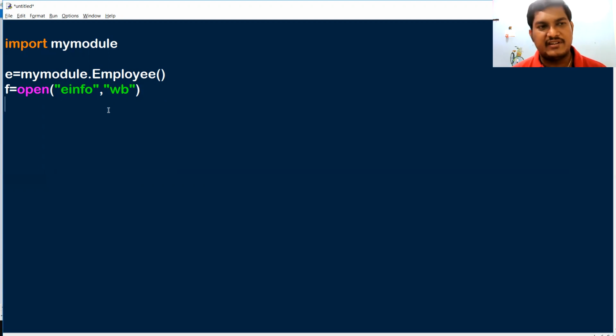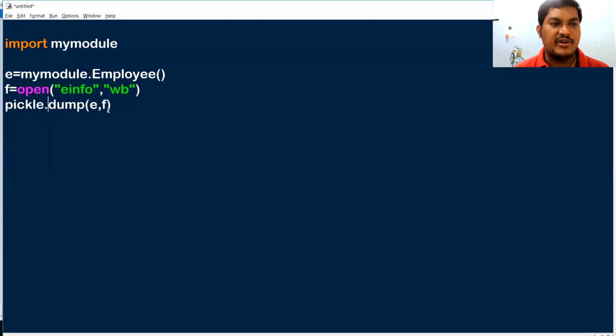What do you have to do? We have to write that object into the file. Very easy. To write that object into the file, a dump function is given for you. What do you want to dump? The employee object. Where do you want to dump? Into the file. But dump is a predefined function from what?